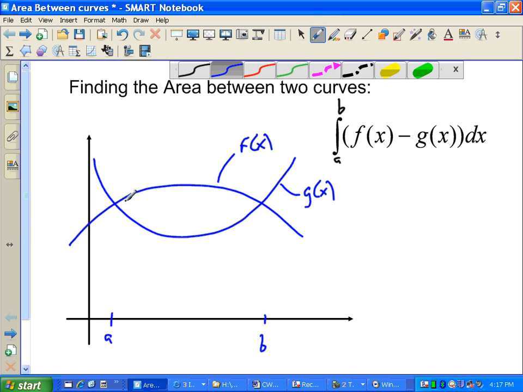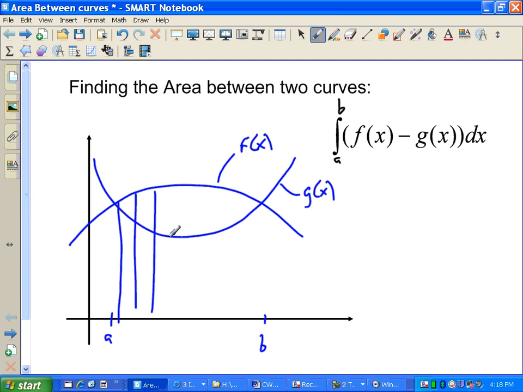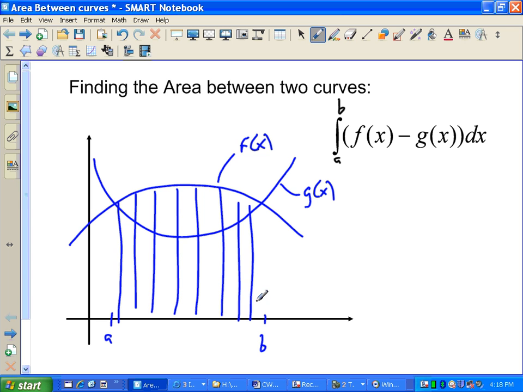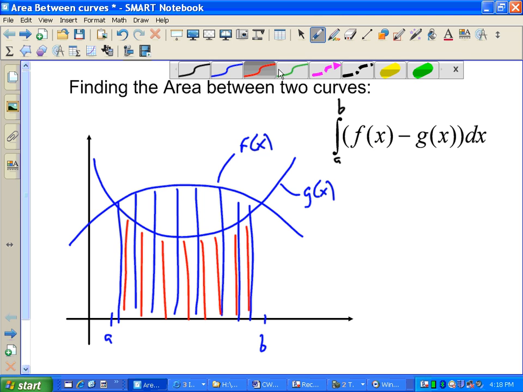Visually, what that looks like, if I integrate just the f function, I get the area under the curve, all of this region right in through here. If I integrate the g function, then what I get is this area underneath the lower curve. So if I subtract the lower function from the upper function, basically subtracting the red area away from the blue, what I'm left with is the area in question, the area that I'm looking for,